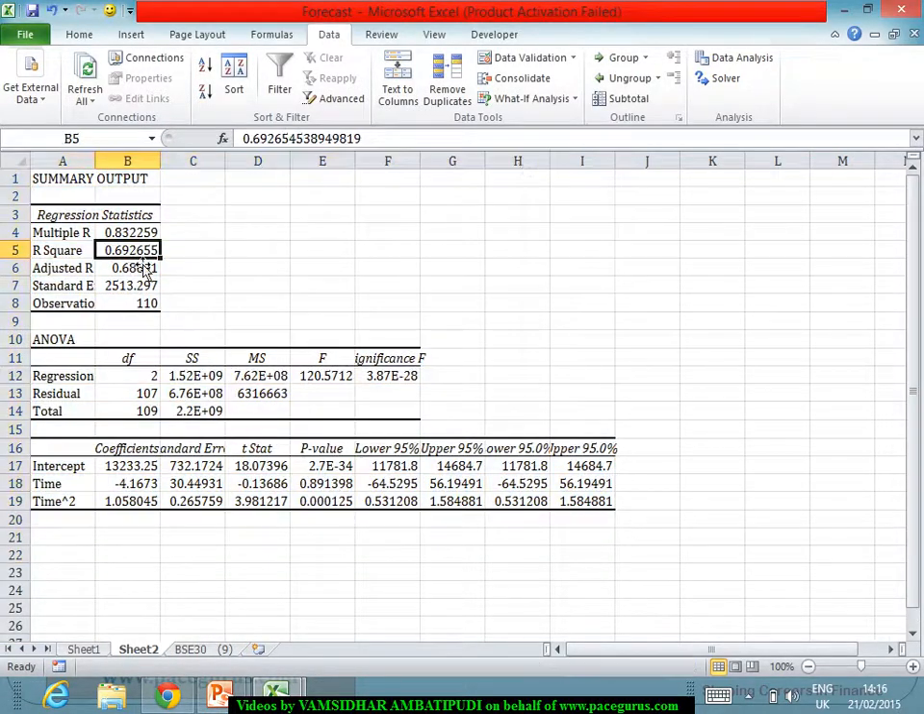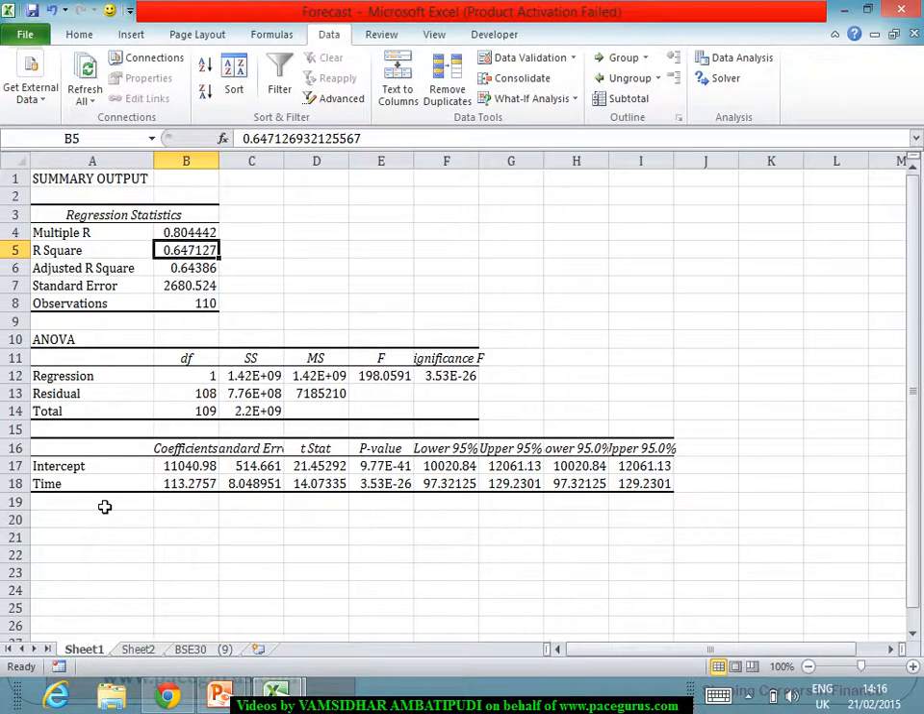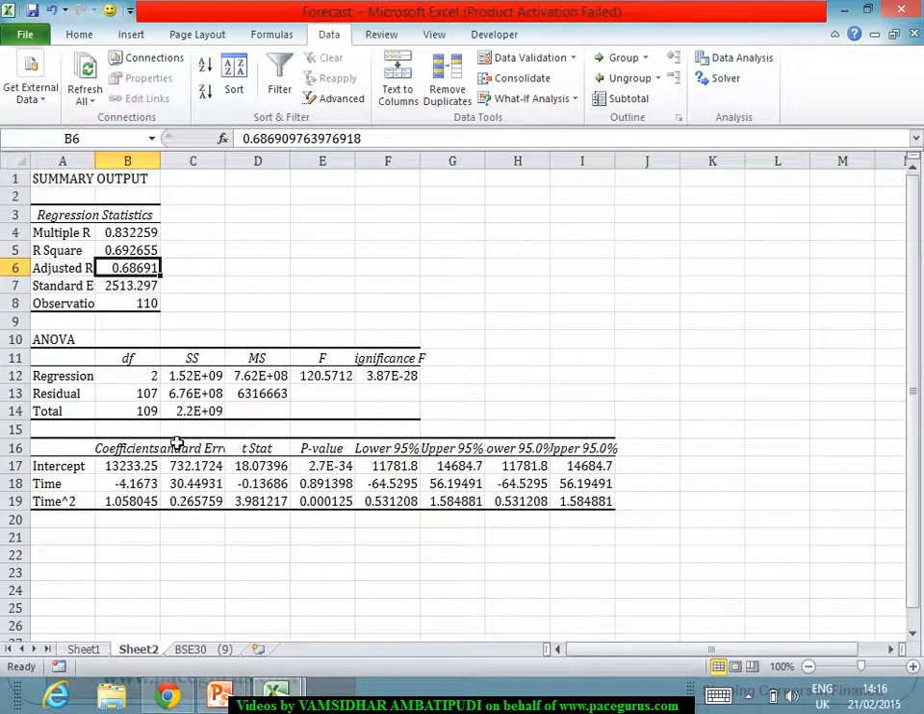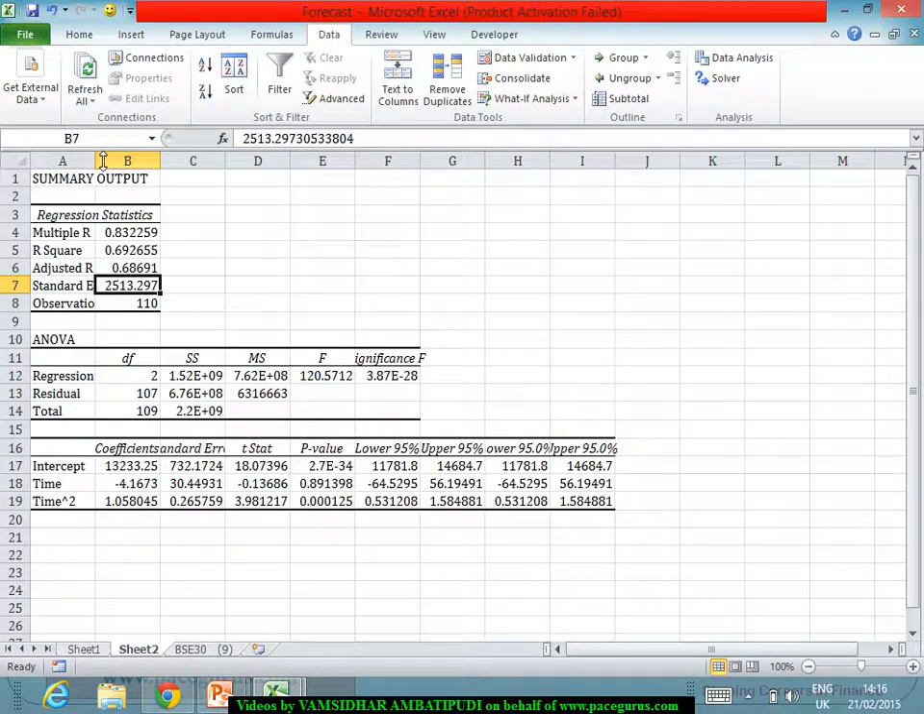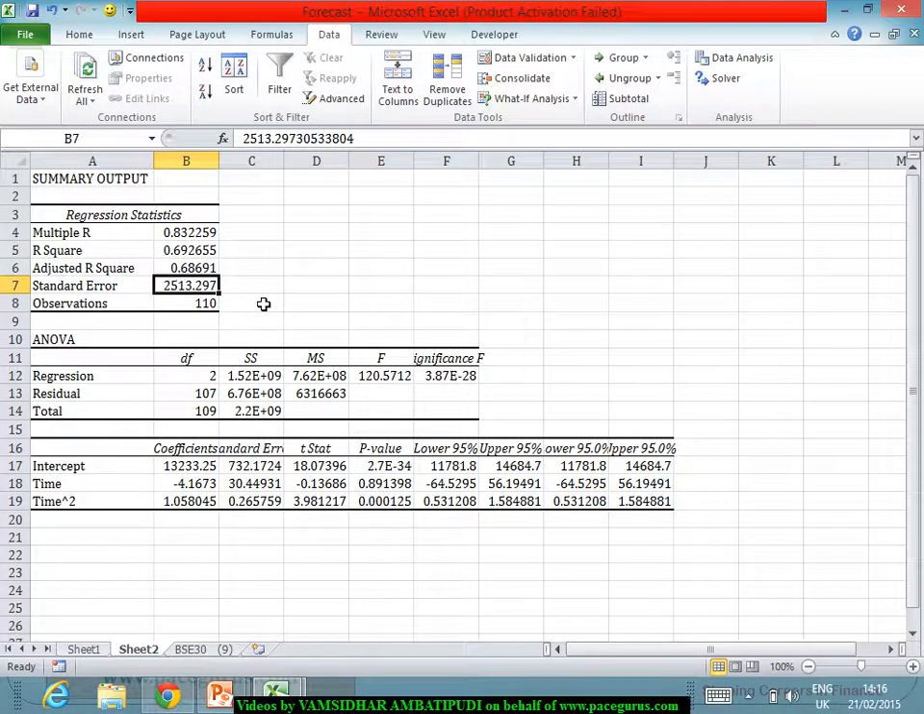Now this is resulting in an R squared slightly better, 69% is being contributed, and the adjusted R squared is 68.6 as against 64 here. So probably a quadratic trend looks much better compared to a linear trend. And even when you look at the standard error, it's working out to 2513 versus 2680 out here. So because there is even a reduction in the standard error, it looks like it's better for me to proceed